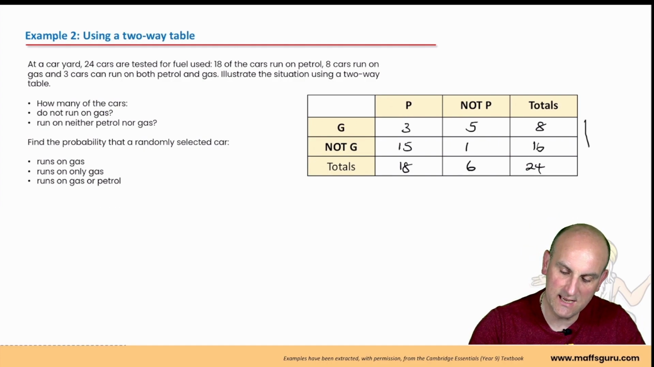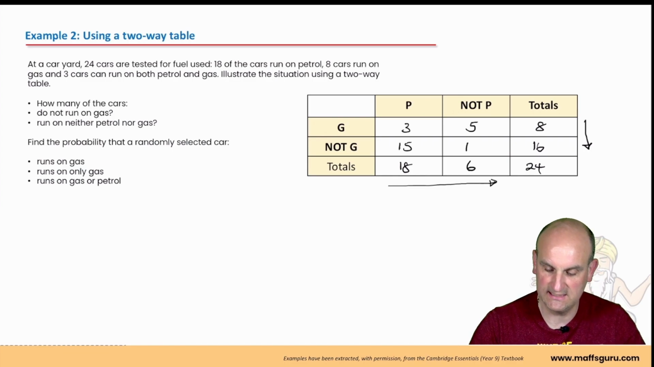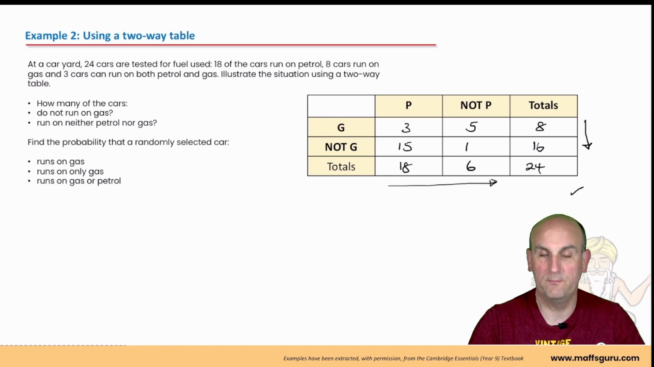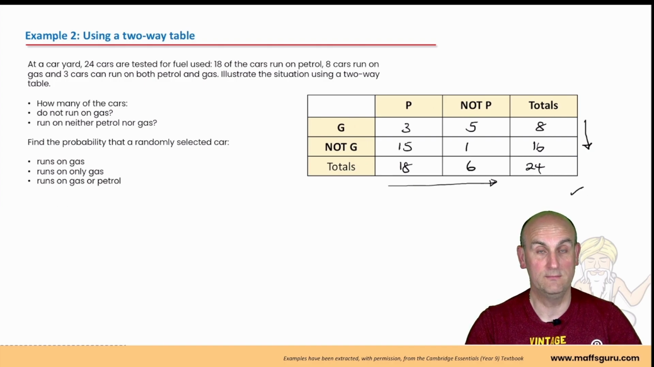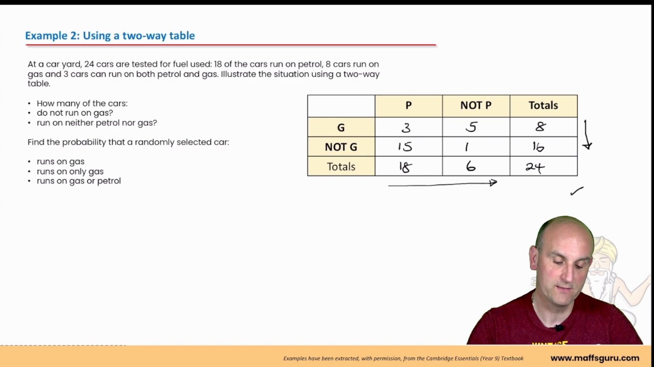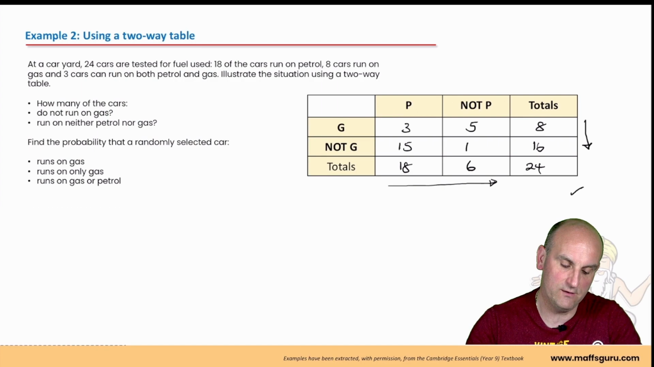And then I'm just going to check, does my 8 plus 16 give me 24? It does. Does 18 plus 6 give me 24? It does. And so my table works. Okay? I've either been extraordinarily lucky and fluked it, or that's the right answer. So here we go. Illustrate the situation using the two-way table, and then how many of the cars